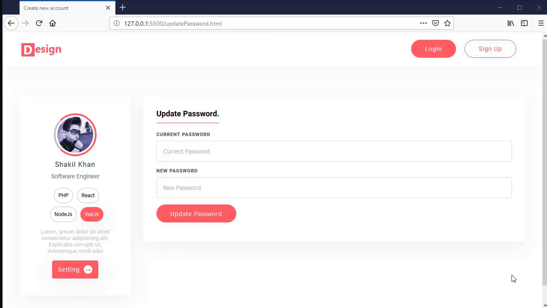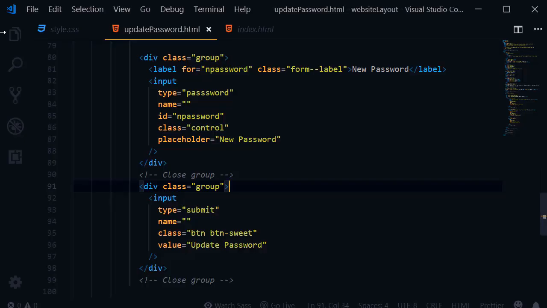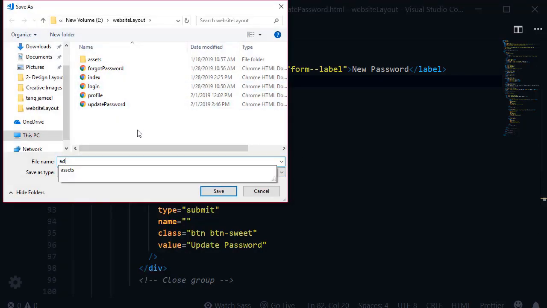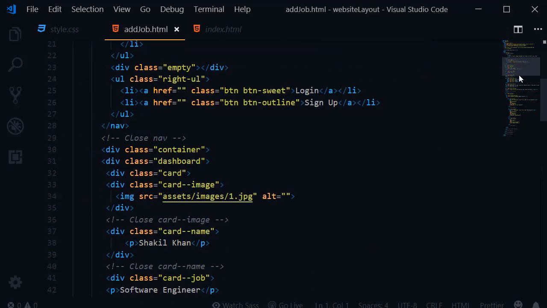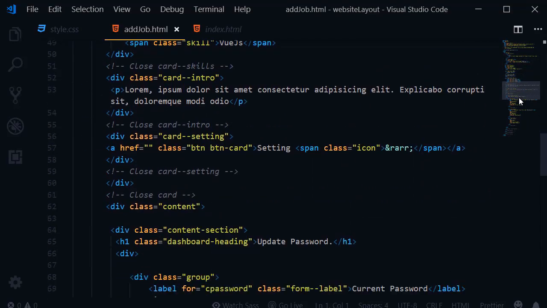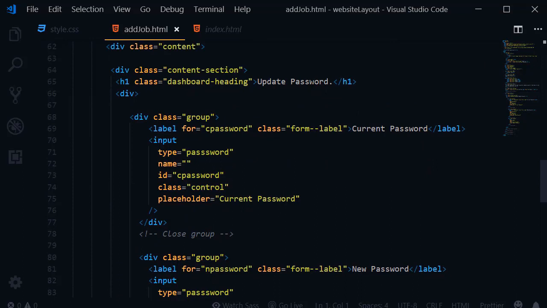Welcome friends. In this lecture, we will create the add and update job form. So go to VS Code, and all we have to do, we need to save as the update password form. So click on file and now click on save as, and simply add job.html, and first of all change the heading. So add job,